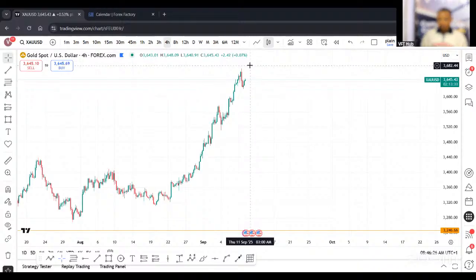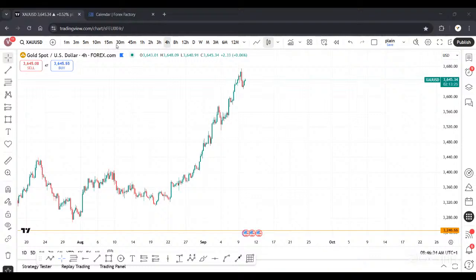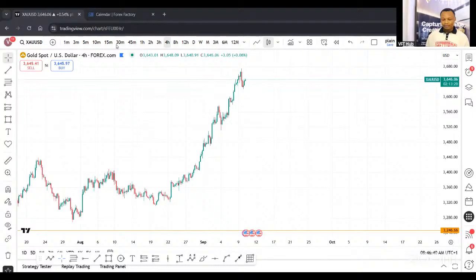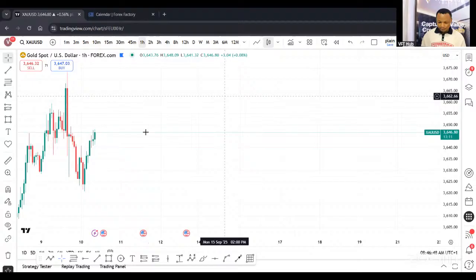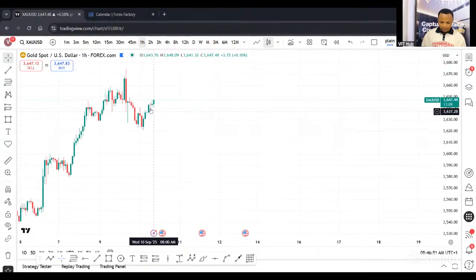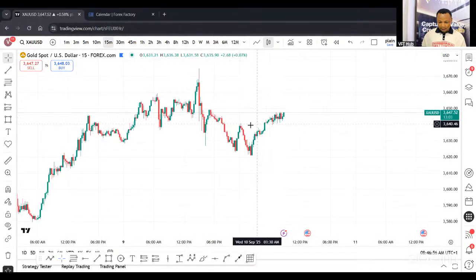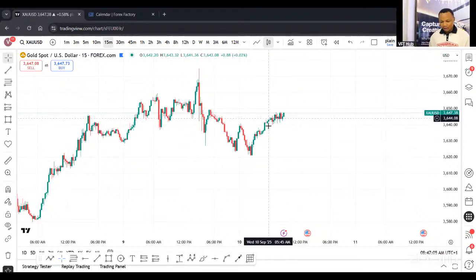So what we're looking for is to see price trade into these levels that we have anticipated, and then we'll be seeing it get to 3,750 as the target price. This is what we want to see on gold this morning: buying all the way up. For us to get an entry, I would advise you just look for a little pullback, even on the 15 minutes time frame, like in this occasion here, where price broke the structure and then returned back to it. At this point where gold currently is, you can start looking for an entry for a buy.